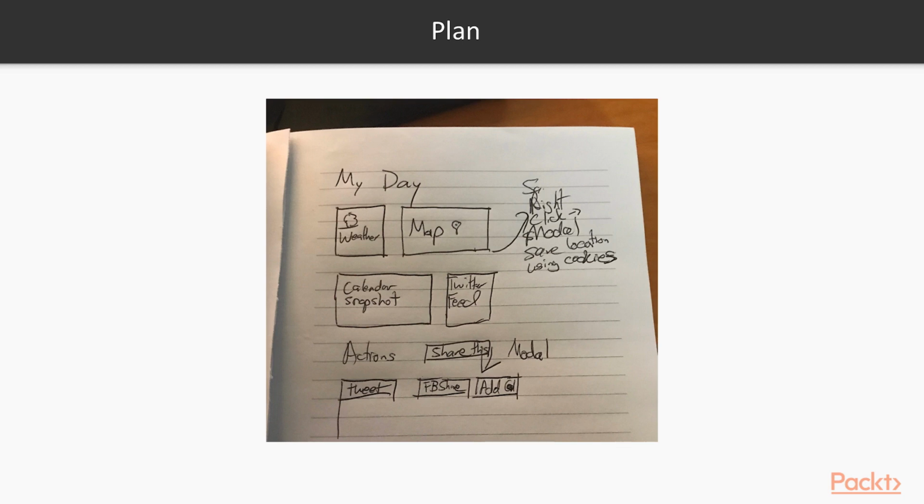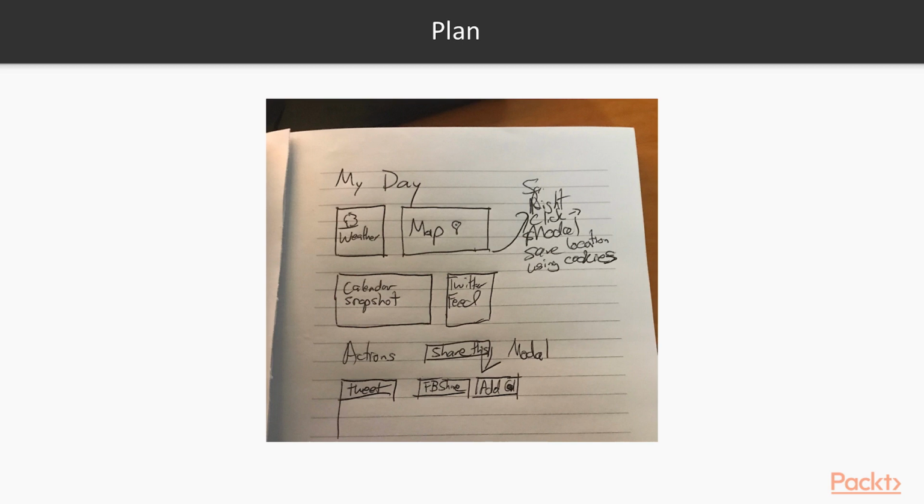Then I got the calendar. Calendar was easy. It was just a copy, paste, embed, but boom, it's there. The Twitter feed, okay, I got the Twitter feed in there. Now to load the Twitter feed, I needed to be able to set your Twitter feed. So I had to add the Twitter feed button. So one at a time, I prioritized what content I wanted in, and I focused on that until I was